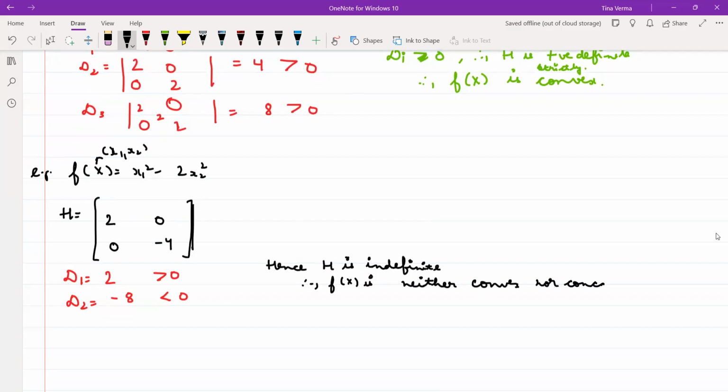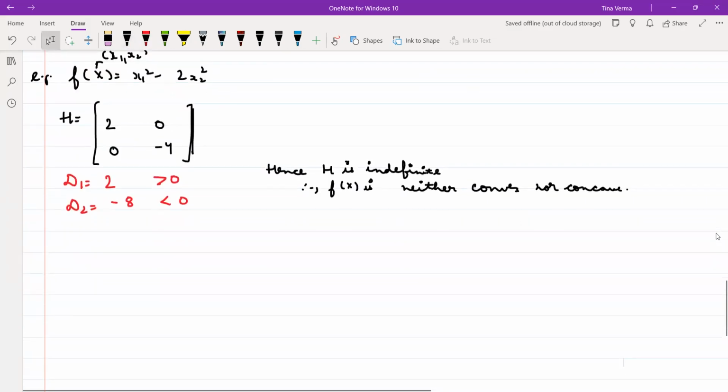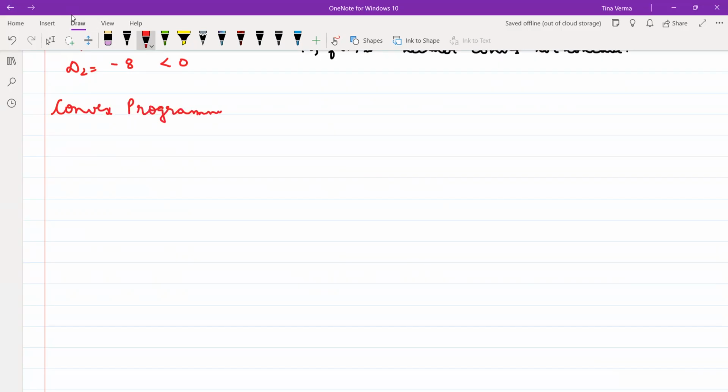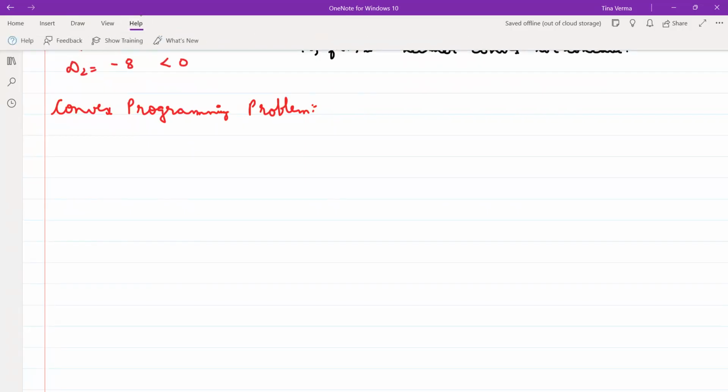So in this way you have to check. Now we will come towards the NLPP, which we have started, where we have to consider the constraint of less than or equal to type. So when you say this is a convex programming problem,